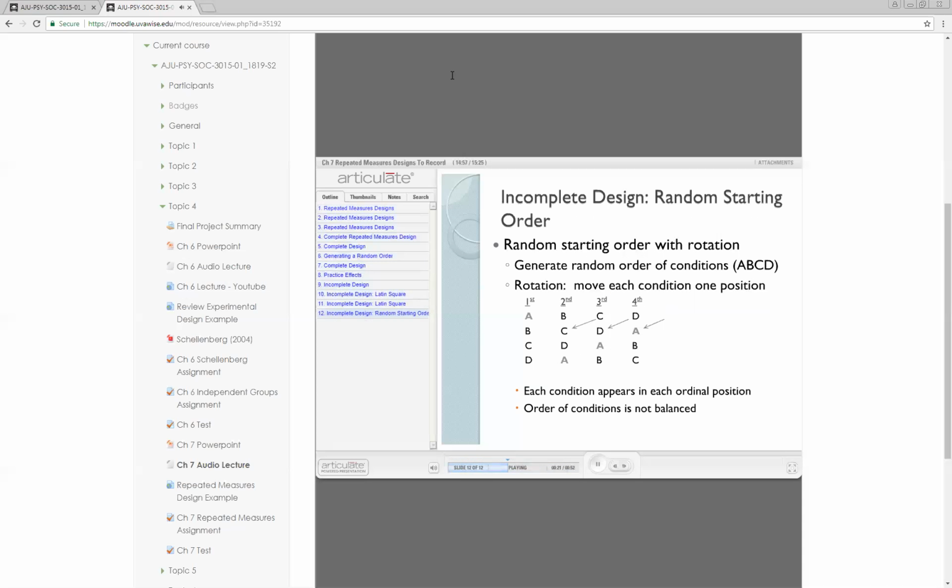So in the first row, the first person who does the experiment sees A, B, C, D. The second person who does the experiment, A gets shifted to last, and they see B, C, D, A. So here we have each condition appears in each ordinal position. We've got A first, we've also got A fourth. But we're not balancing for order of conditions. You can see almost every time someone